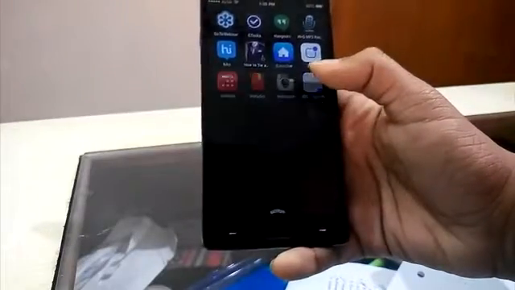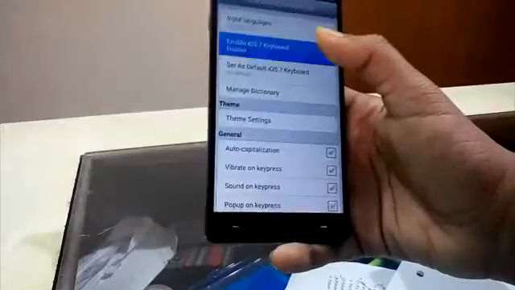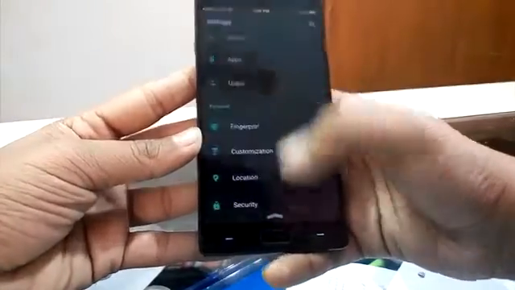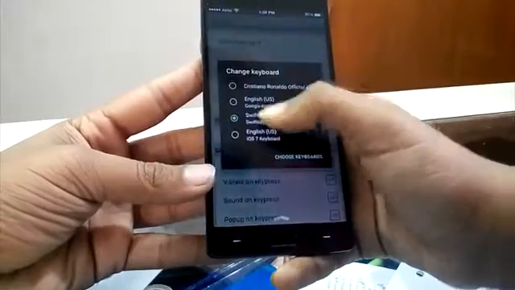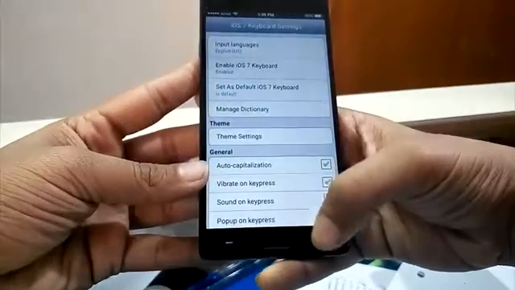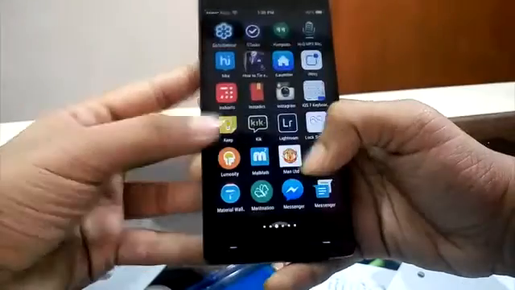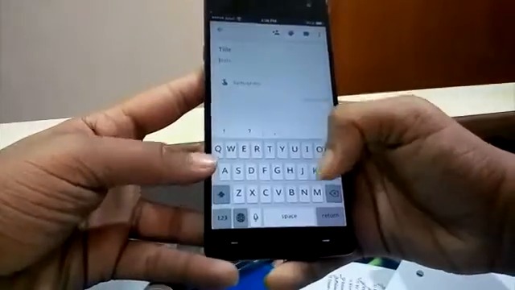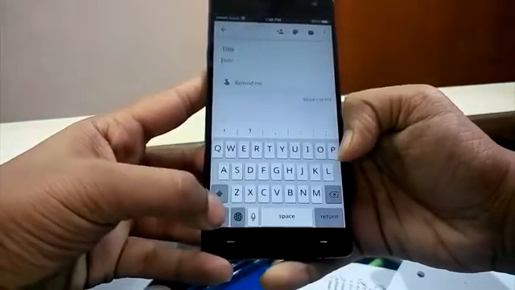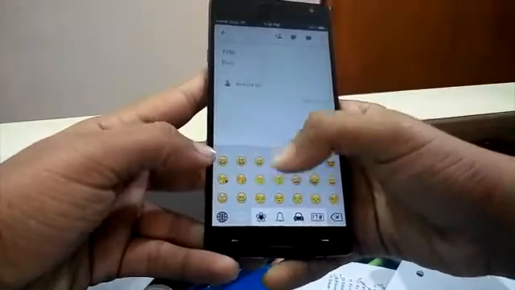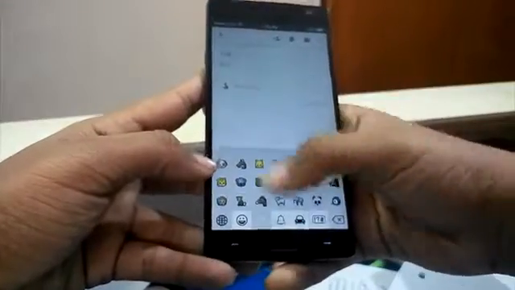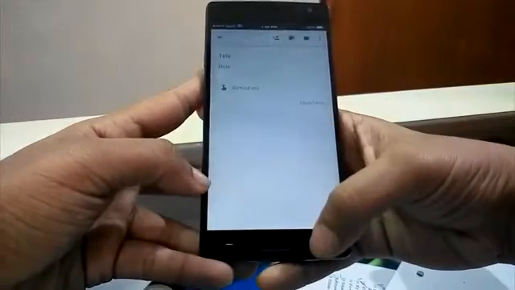we have the iOS 7 keyboard. Not many things have changed in the keyboard from iOS 7 to iOS 8 to iOS 9, 9.1, 9.2, 9.3, whatever. It has not changed much. Enable it and select it from the options there like I did. Now let's check the keyboard. It looks quite similar. We also have the emojis, iOS 9 emojis, which have been pre-built from iOS 10. You just don't get the different color options on the skins and other stuff. So it's okay, you're getting the iPhone emojis.